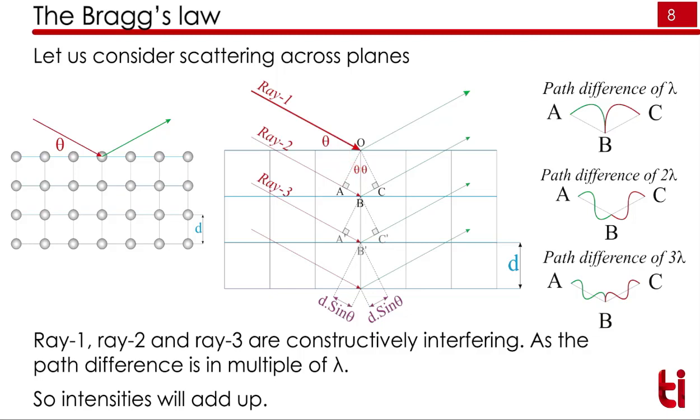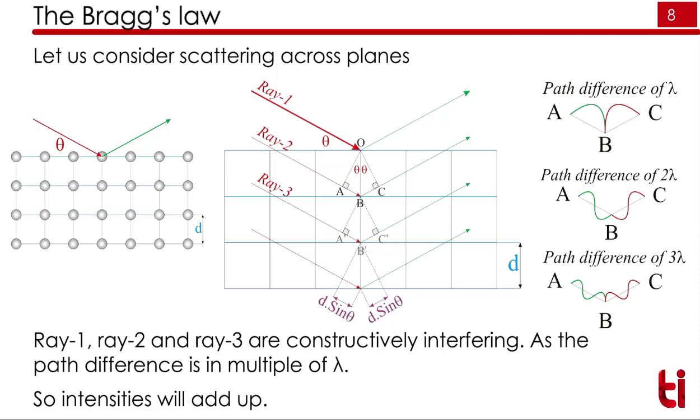So if you do simple mathematics, you will get the value of this AB, that we call x, and this BC we call x. So this value of x will be d sin theta, and the value of this BC will also be d sin theta. So ray 2 has traveled an extra path difference as compared to ray 1, and that path difference is 2d sin theta. And now if that 2d sin theta is equal to lambda, that is the wavelength, you will get a constructive interference.